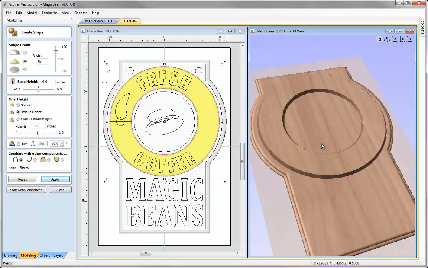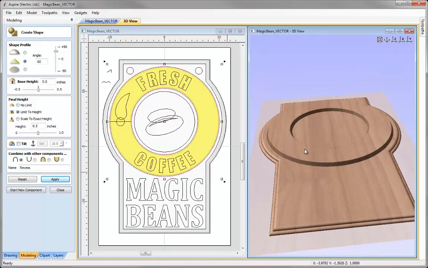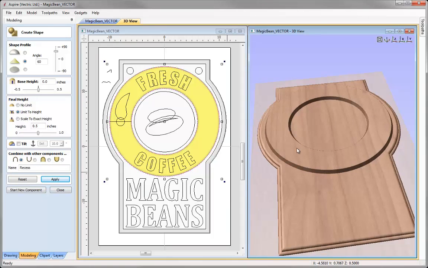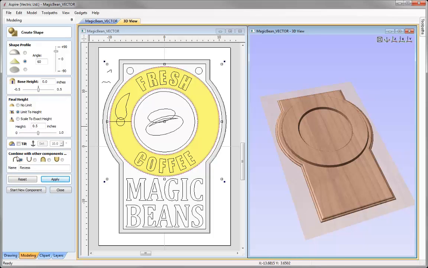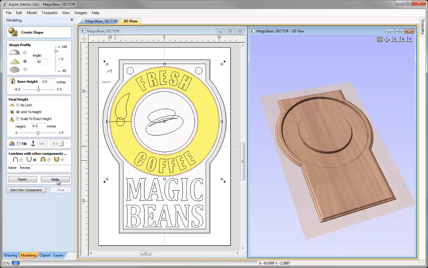Okay, so that's the correct shape, however it's adding on top of my panel, and I want this to subtract into the panel. Put that back in isometric view, and if we come over to the combine with other components section here, we can see it's set to add. What I'd like to do is set that to subtract. We can see that's now been updated, and I have the shape looking the way I want it to. So here I could just go ahead now, just press apply to apply those changes,